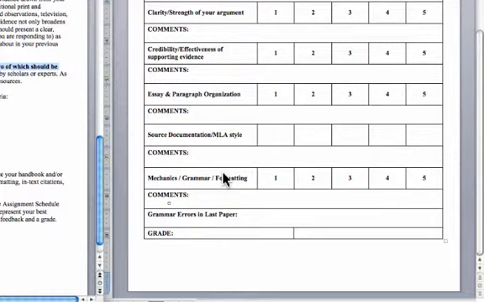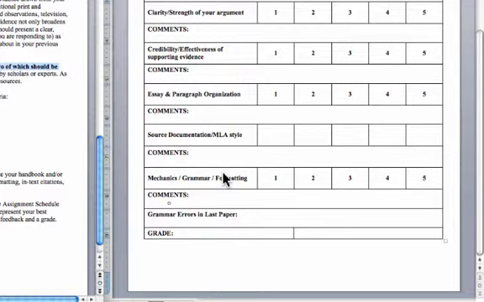So it's not something you're going to memorize, and it's not something you can do just in any old way you please. You have got to look this up in your handbook, or you can look on the Purdue University's online writing lab, or OWL. A reliable source that tells you exactly how you're supposed to format the parenthetical citations. Those are the citations that go in the body of your paper. So any piece of information you get from a source, whether you directly quote it, summarize it, or paraphrase it, has to be followed by a parenthetical citation. You need to look up what MLA demands be in that parenthetical citation. It's different for every style.